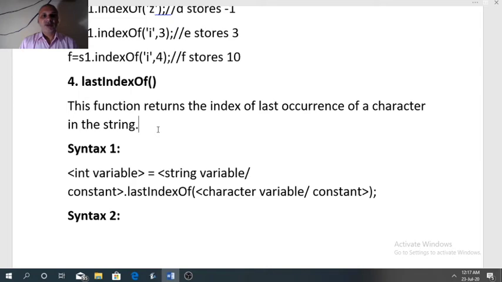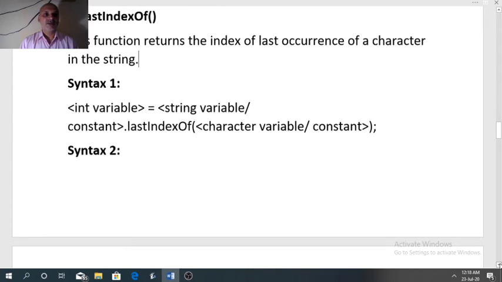As soon as the first occurrence of a character is found, it will stop there. Since from right to left, the first occurrence of a character will be the last occurrence when you consider it from left to right. So in this case, the function will start searching the given character from right to left. As soon as it finds the occurrence of that character, it will stop there and the index of that character will become the answer.